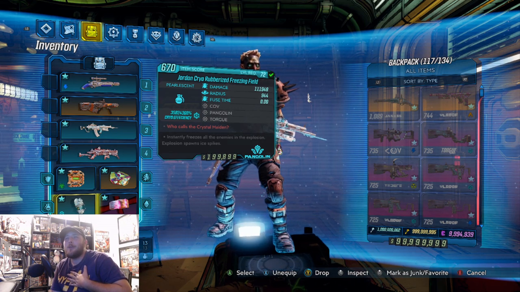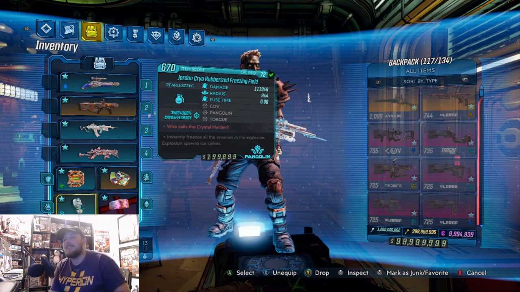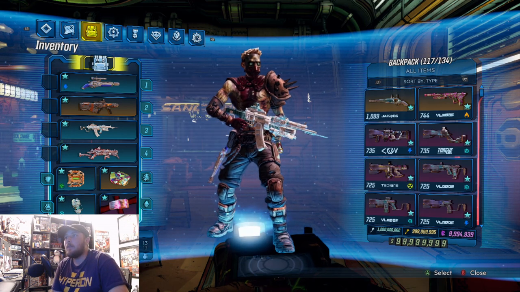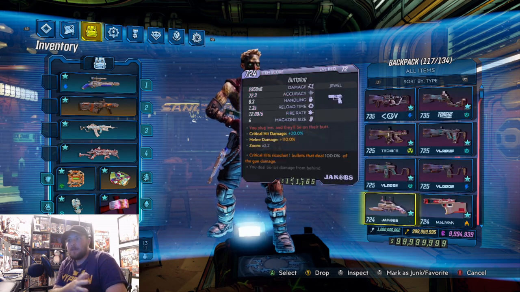The Jordan Cryo Rubberized Freezing Field is the grenade I was telling you guys about. Basically, it just has spikes all over the place. Ice spikes. These things are amazing. Okay. These are the Iridian guns. So the Iridian guns, they're